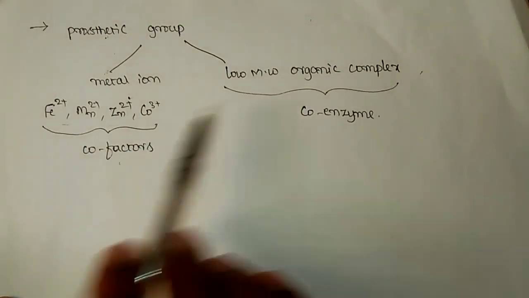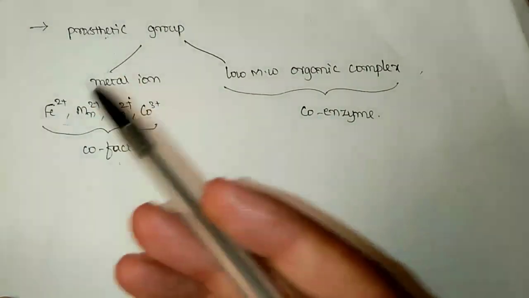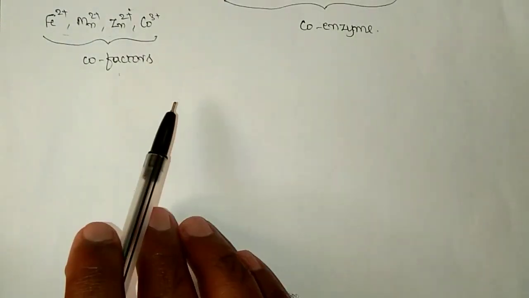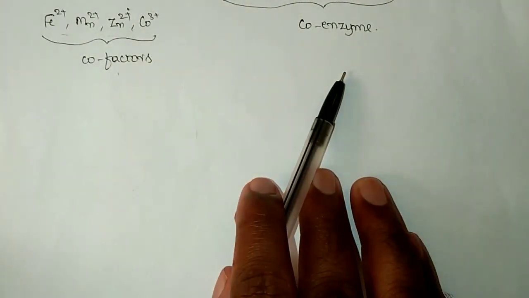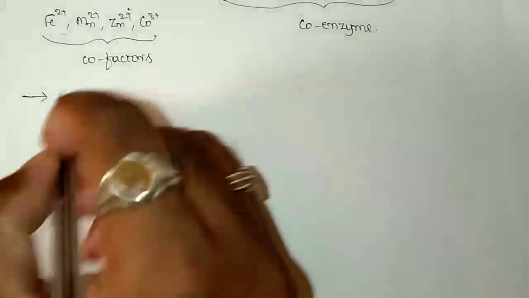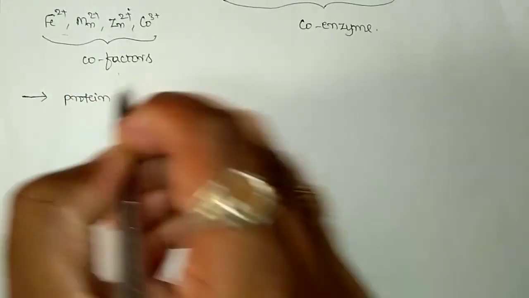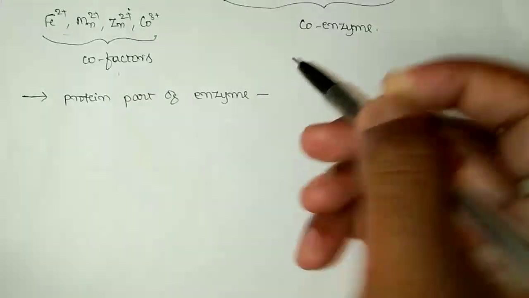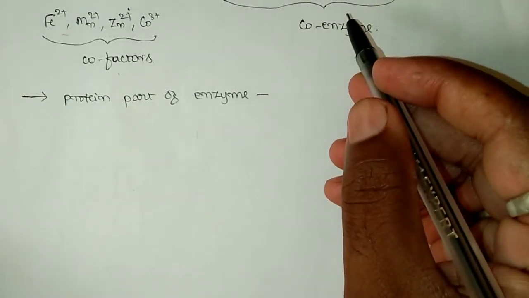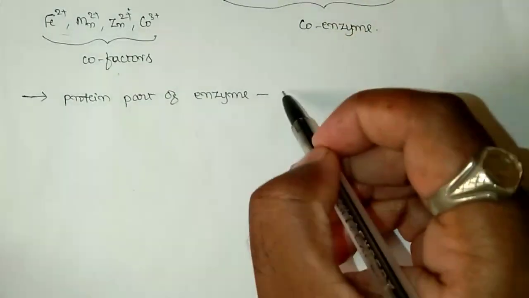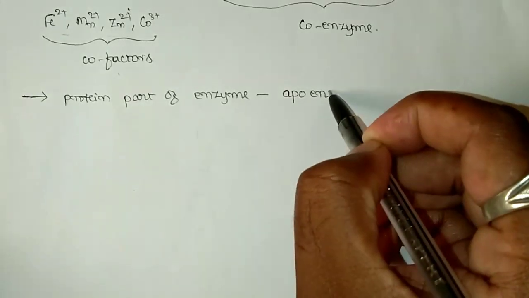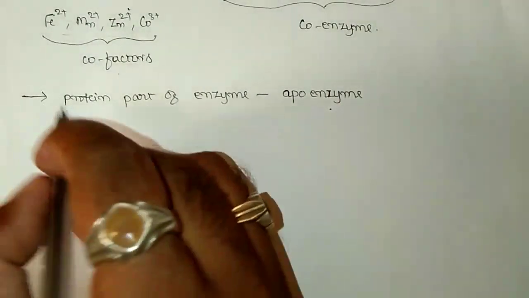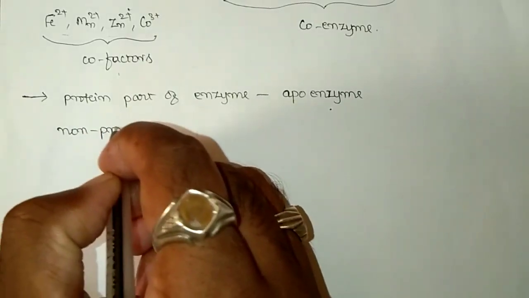Coenzyme. Both of these things, that is cofactors as well as coenzymes, will increase the catalytic activity of the enzyme. And as we said, enzymes consist of a protein as well as a non-protein component, right? The protein part of the enzyme is not active to conduct the catalytic activity, right? So the protein part of this enzyme is simply called apoenzyme. The protein part of the enzyme is called apoenzyme, and the non-protein part of the enzyme, as we already said,